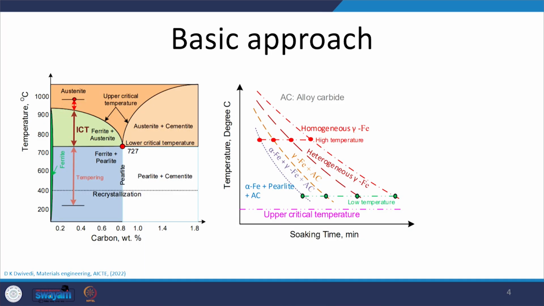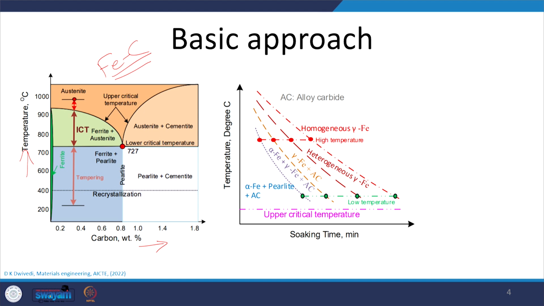Okay. So, the thing is this, here, this is the iron carbon diagram. These are the two diagrams, basically the iron carbon diagram, and this is the diagram which shows the temperature and time relationship for dissolving the various constituents to form the homogeneous austenite for the heat treatment. So, if we see, on the x axis we have carbon and on the y axis we have the temperature, and this iron carbon diagram is a curtailed one, meaning the full range of the iron carbon diagram